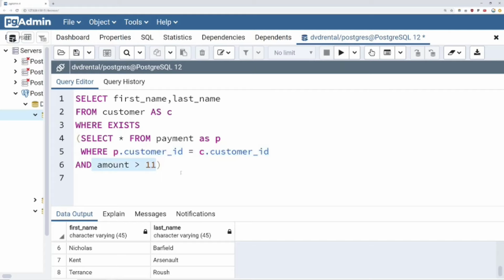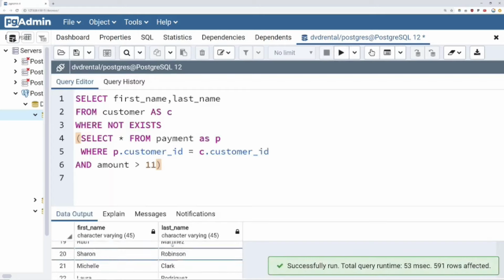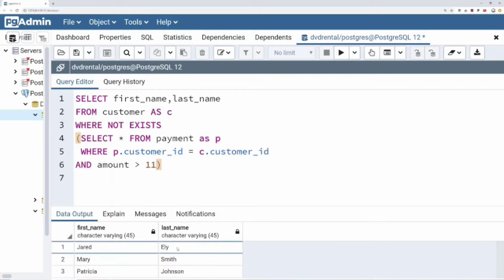than 11. If you wanted to do the opposite of this, essentially check for customers that have not made any payment greater than $11, you could add a not operator in front of exists there. Run this, and then you would get back basically any customer that did not happen to be one of those